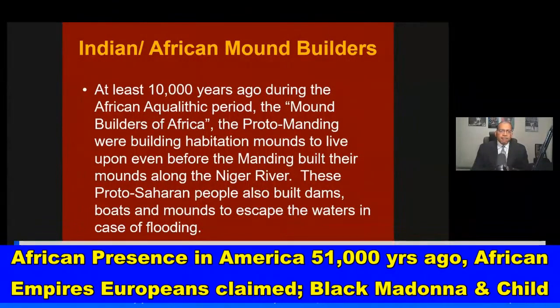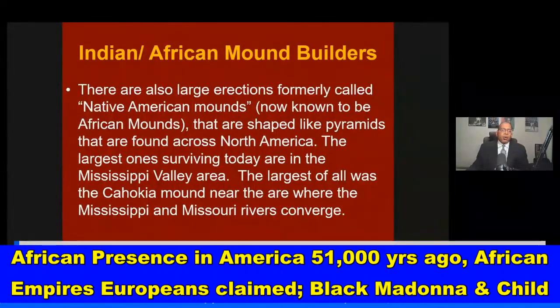These Proto-Saharan people also built dams, boats, and mounds to escape the waters in case of flooding. There are also large erections formerly called Native American mounds, now known to be African mounds, that are shaped like pyramids that are found across North America. The largest ones surviving today are in the Mississippi Valley. The largest of all was the Cahokia Mound, in East Illinois, near the area where the Mississippi and